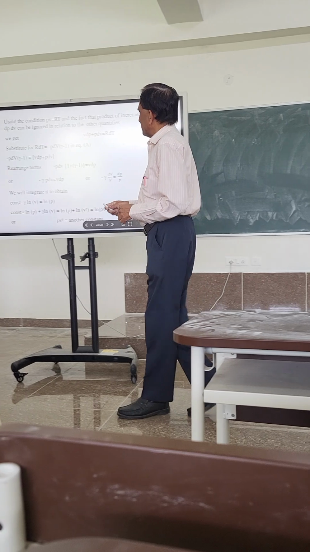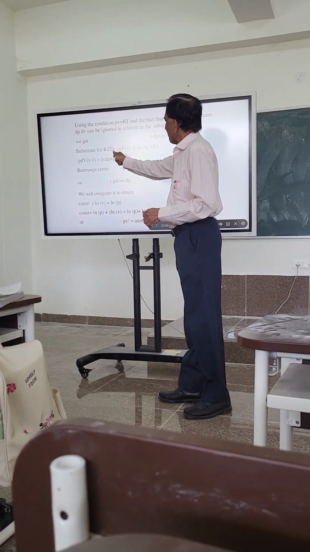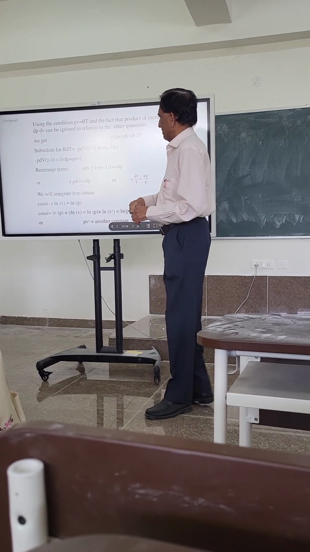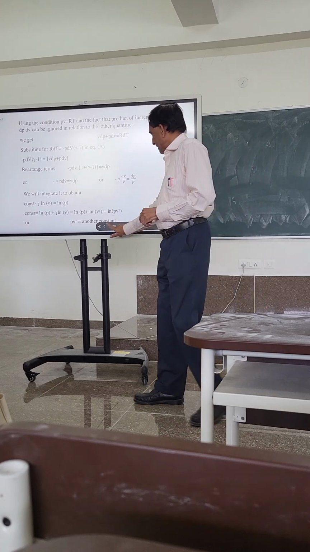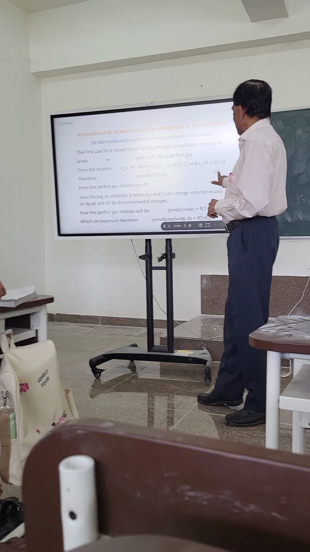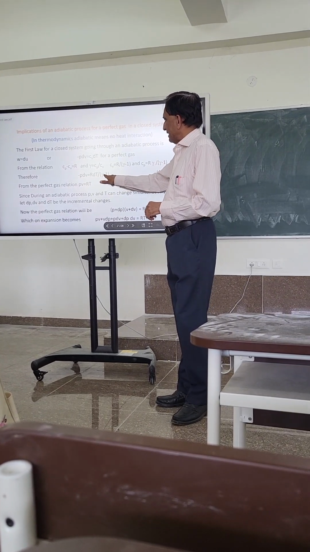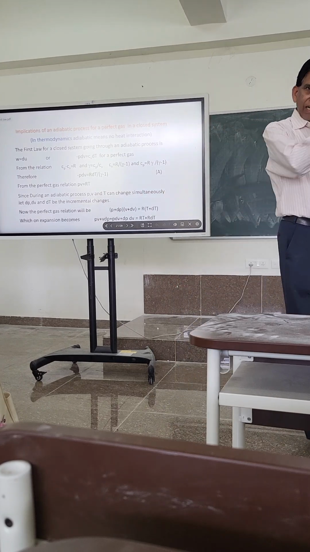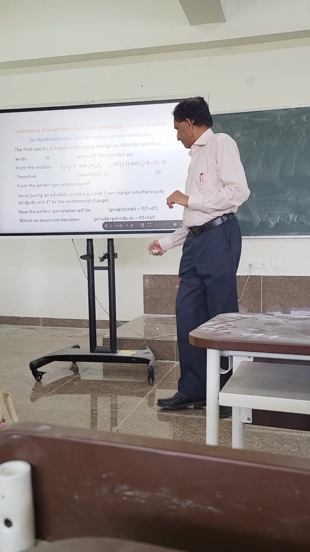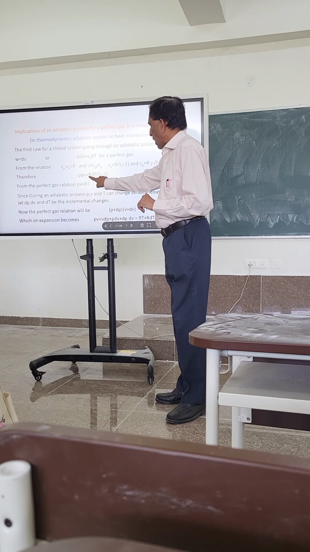So now what we substitute is for RdT. RdT will be equal to negative of PdV by gamma minus 1. Remember from equation A. Let's see what equation A is. Equation A: negative of PdV is equal to RdT by gamma minus 1. This is the second method. Okay, can you do that? This is what you got.